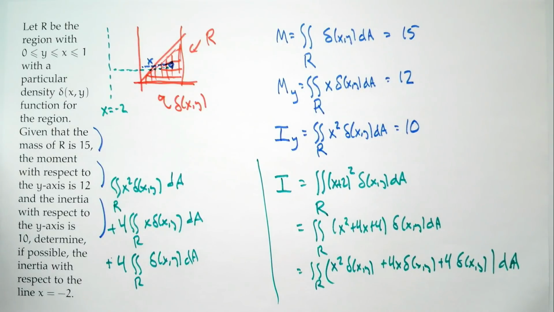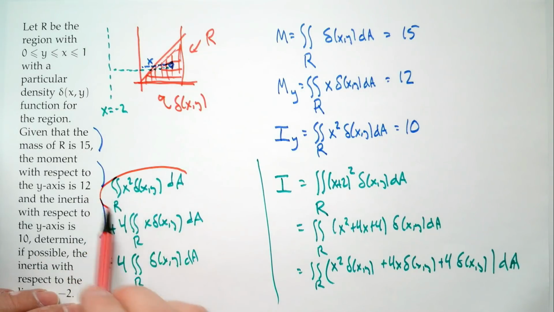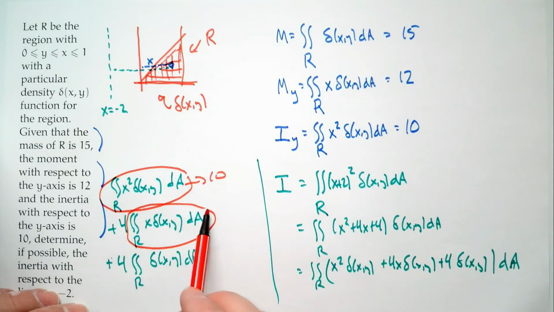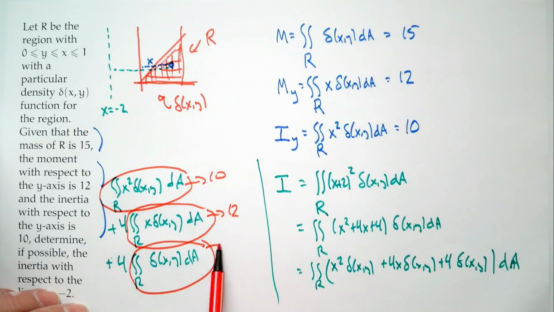And now we say, well, that's what we found. So this first integral with the x squared, this is 10. The second one, with just the x, is 12. And the last one is 15. So in other words, by using that information about mass, moment, and inertia with respect to the y-axis, I can